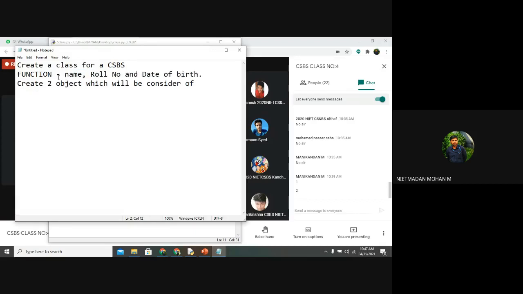You can give any name, but you need to create the 2 objects, student number 1 and 2. For this first student, you get a student name, roll number, and this is the function. Any doubts? No, sir. Yes.